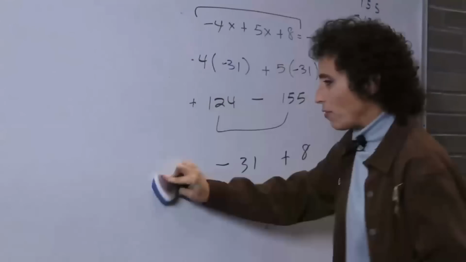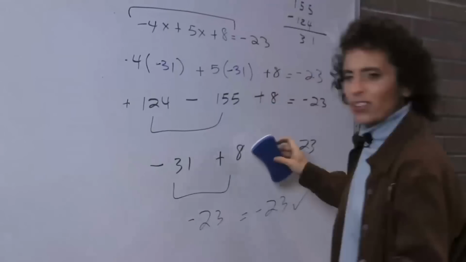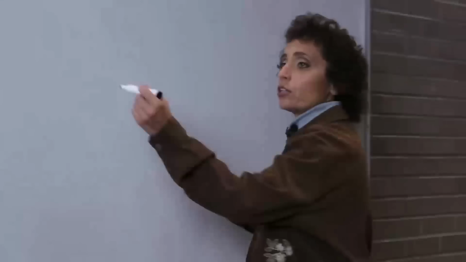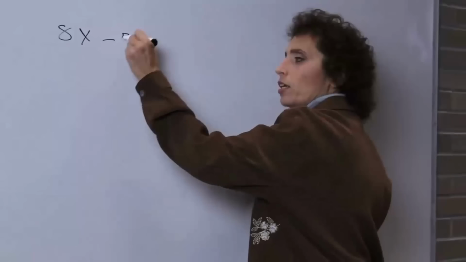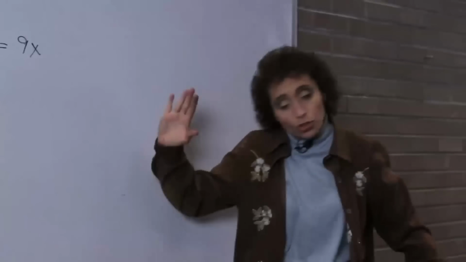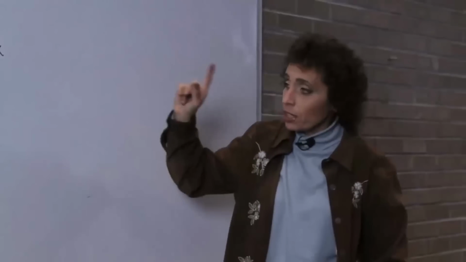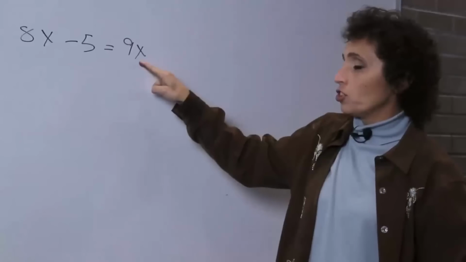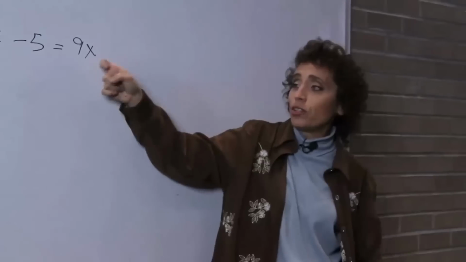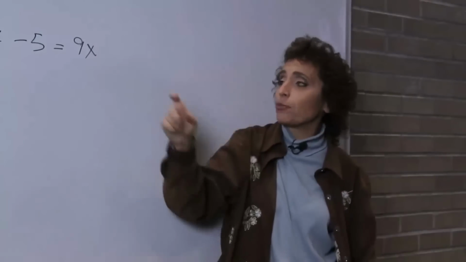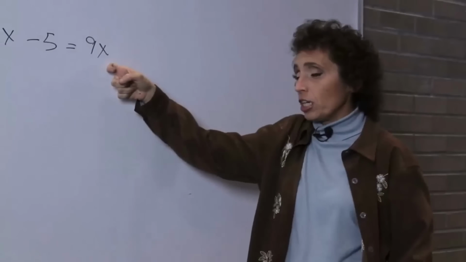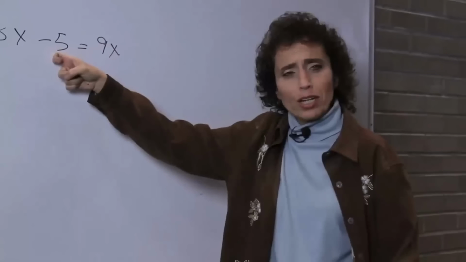If you know the goal, you know everything. Well, not everything in the whole world. But okay, let's look at that third problem that looked a little different. Don't let the way it looks make you crazy. Okay, remember the goal. The goal is variables on the one side, numbers on the other. But here's what I know. I know I don't want to touch him because he's alone on that side. If I touch him and move him, that means I have to put a 0 on that side. And if I do that, it's going to make another step. So I don't want to do that. You can do it. I'm not going to do that. Okay, so I'm not going to touch him, and I don't want to touch him. Do you know why I don't want to touch him?